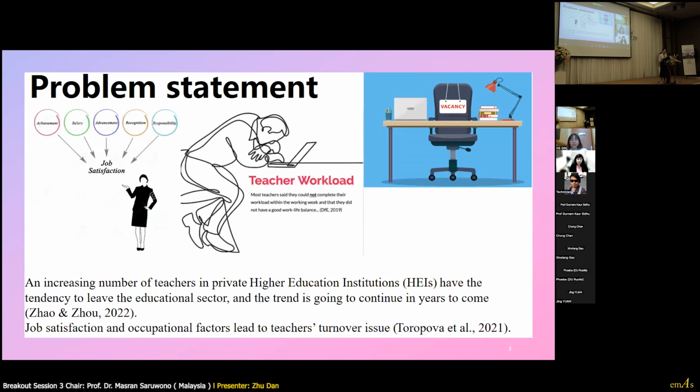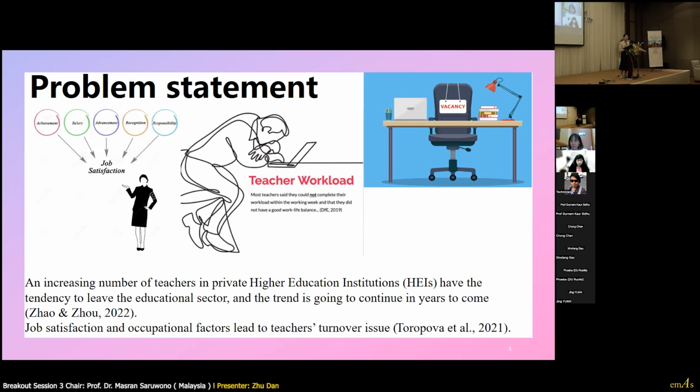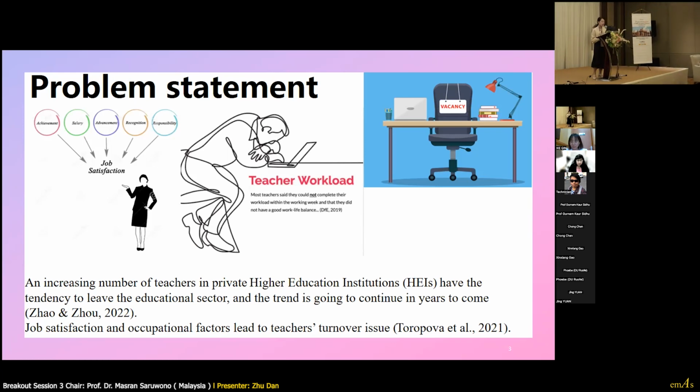According to the scholars Zhao and Zhou in 2022, an increasing number of teachers in private higher education institutions have the tendency to leave the educational sector, and the trend is going to continue in years to come. We also found evidence from literature that job satisfaction and occupational factors such as teacher workload will lead to the teachers' turnover issue.